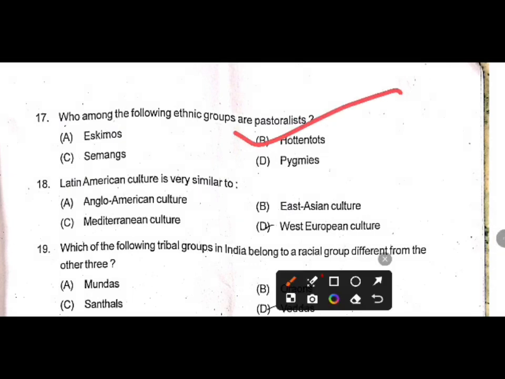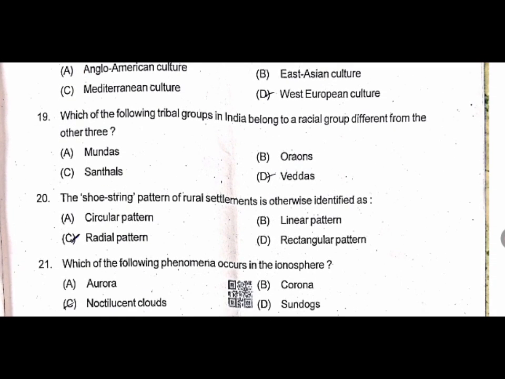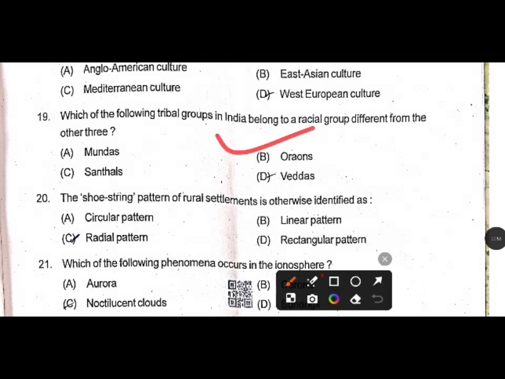Latin American culture is very similar to? ठीक आंसर टी हबो ऑप्शन ए Anglo American culture. 19. Which of the following tribal groups in India belong to a racial group different from the other three? ठीक आंसर टी हबो ऑप्शन बी।